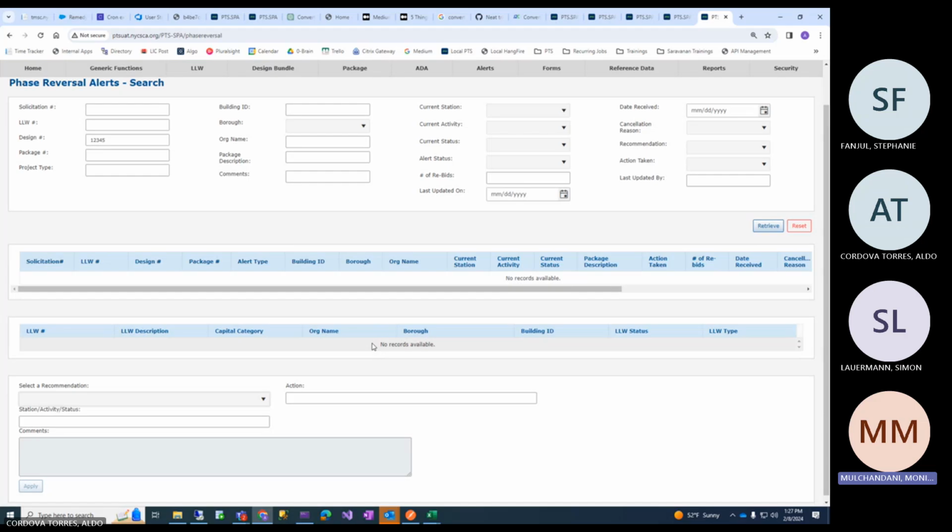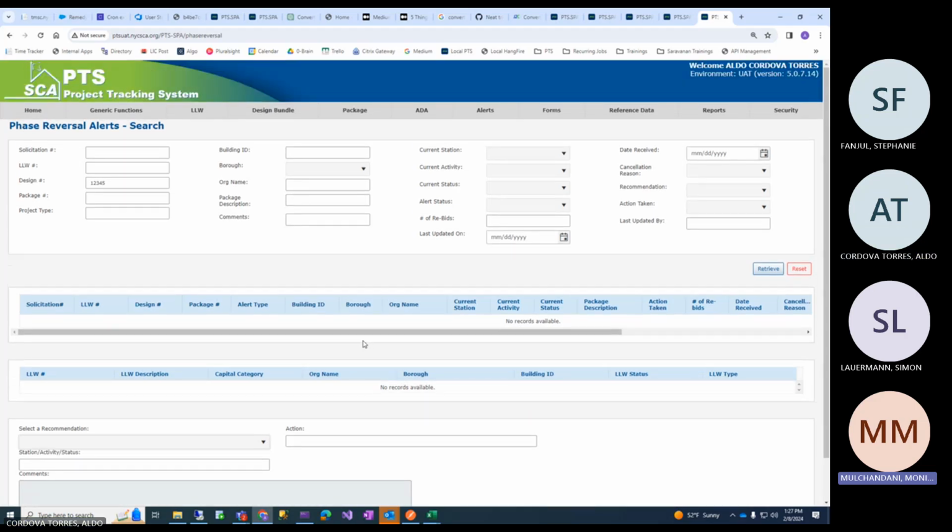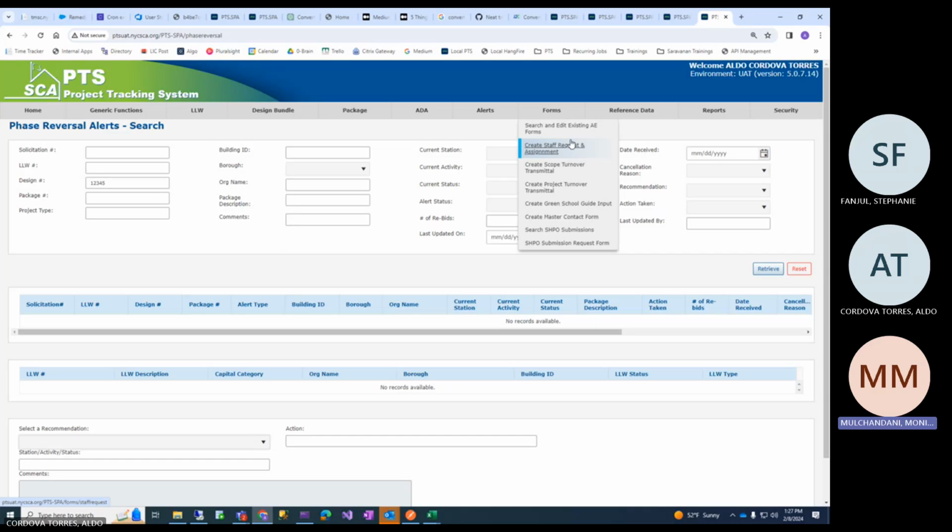Okay. So once it's out of this, the next one is not really connected in sequence. Next is the forms option, which is nothing to do with this, but it's an A&E activity. All the forms listed here are used by the A&E department for various purposes, as the name says. Some of them we are familiar with, like master contact, staff request, and GSG, Green School Guide. So there are different forms for whatever work they do, they have to submit forms. They provided us the format, we capture the information and then they use it. Each form is different.